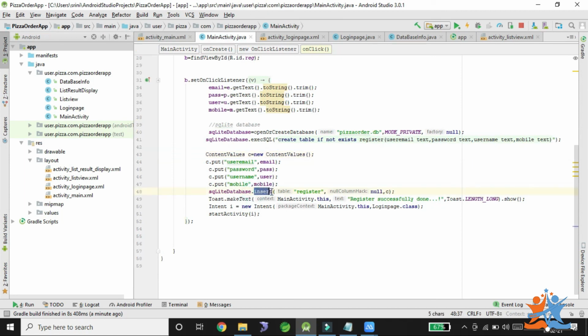So the next thing is we need to go for the login. So whenever the username and password match successfully, then only it will go to the home page. Otherwise, it needs to get back to the same login page. So that is the thing we will see in the next video.